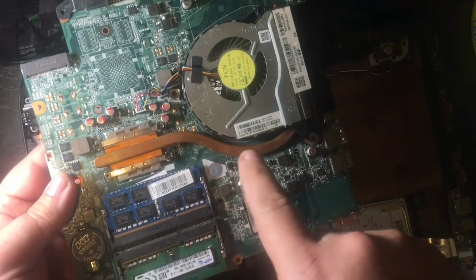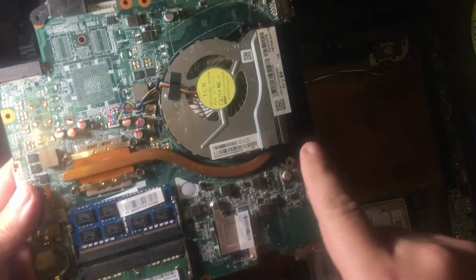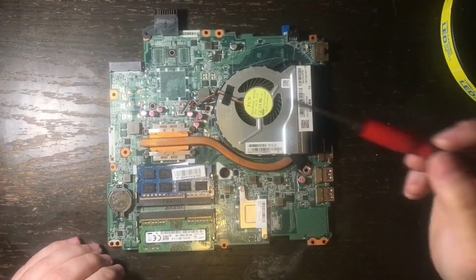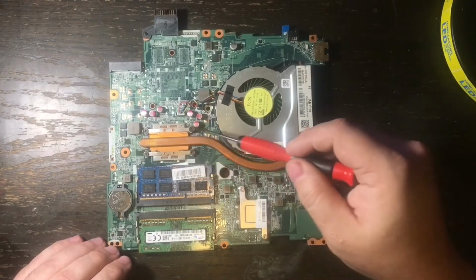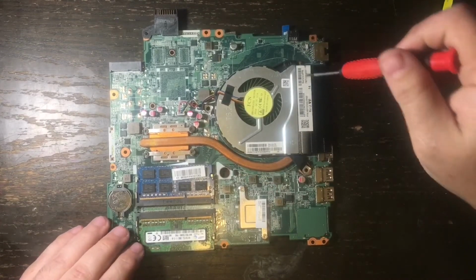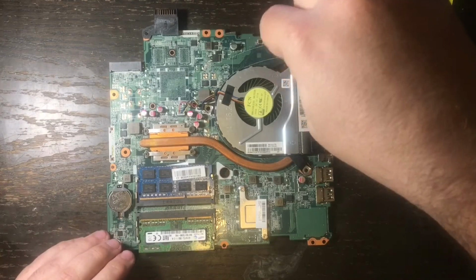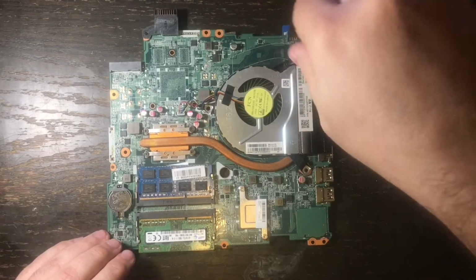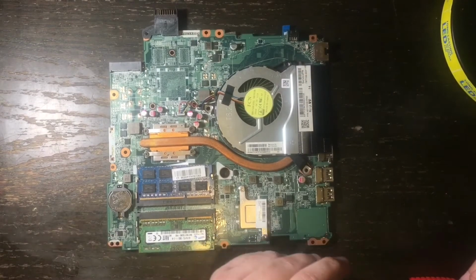See, here is the heat pipe that is failing on all of these HP laptops. Okay, next you're going to see that there are 4 Phillips screws, and there is a 5th one up on the fan. Take the one on the fan off first, and that's what I'm doing here, just unscrewing it, and